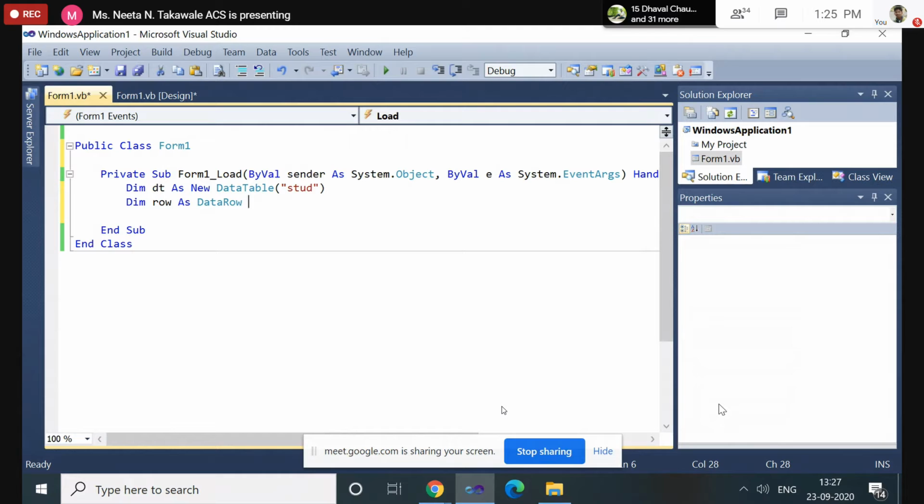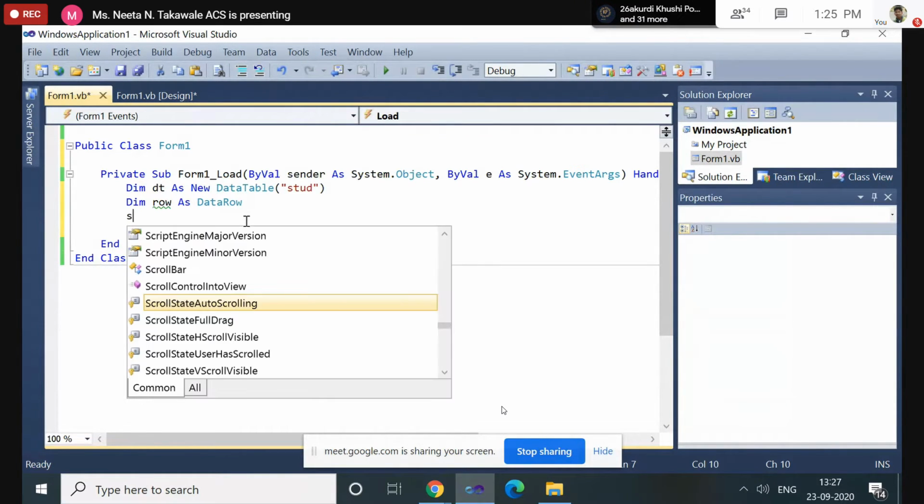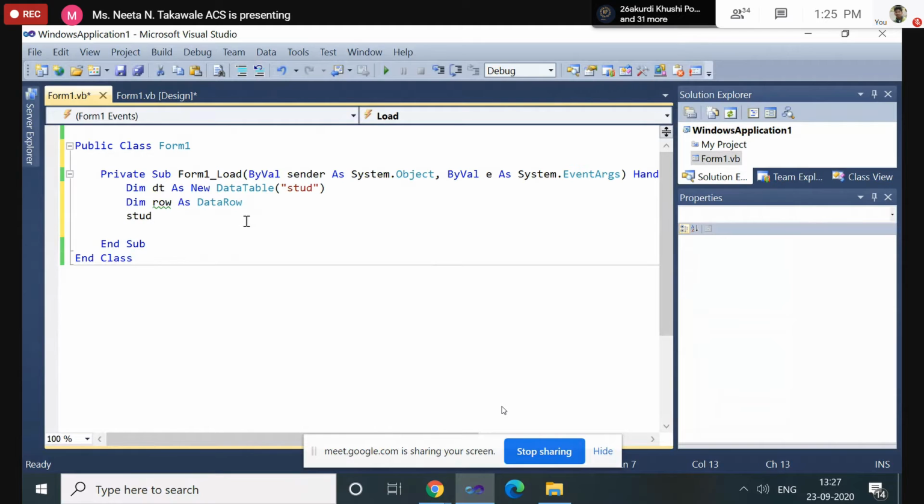So student is the name of our table. Now we need to define the heading for each column. So how can we define it? We can define it with the help of the table name. The table name is stud. Now stud dot columns.